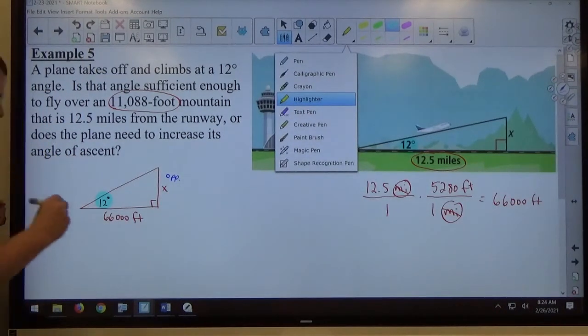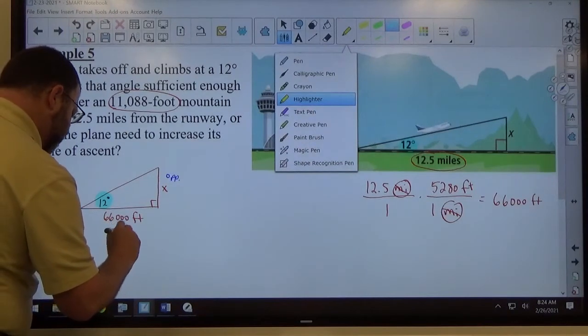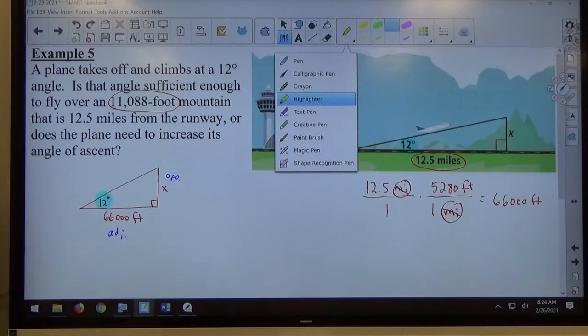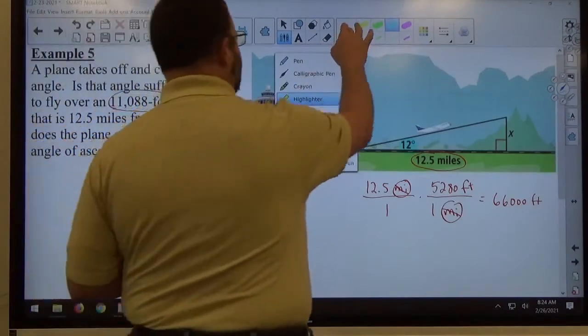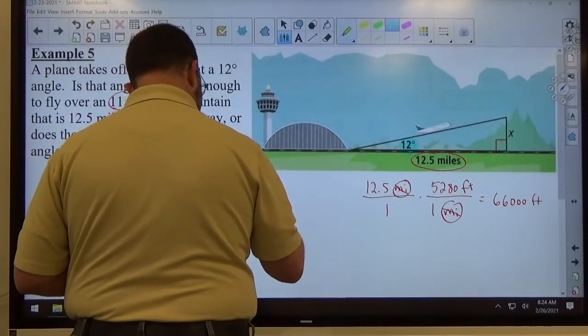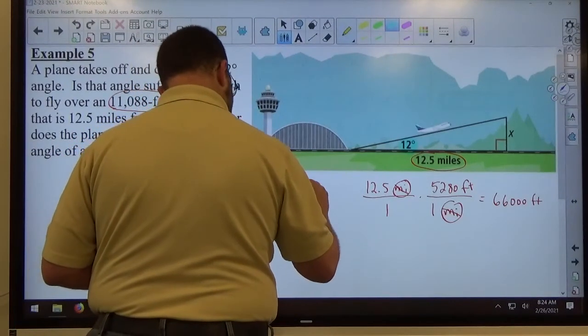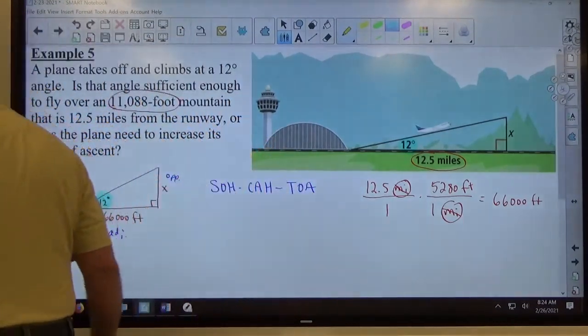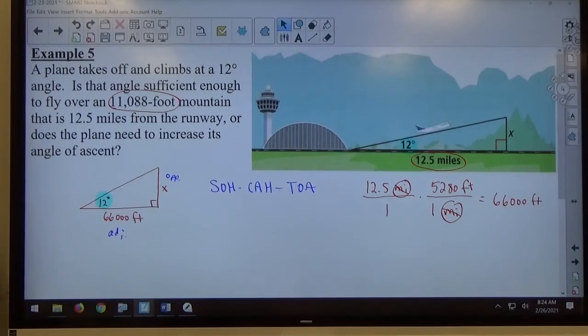Adjacent. That's the adjacent side, because the other side is the hypotenuse, right? So the two sides we know are opposite and adjacent. And if I'm looking at SOHCAHTOA, okay, a lot of times trigonometry is about this simple question. What do I know and what do I want to know? That's it. If you simplify right triangle trigonometry to those two questions, what do I know, what do I want